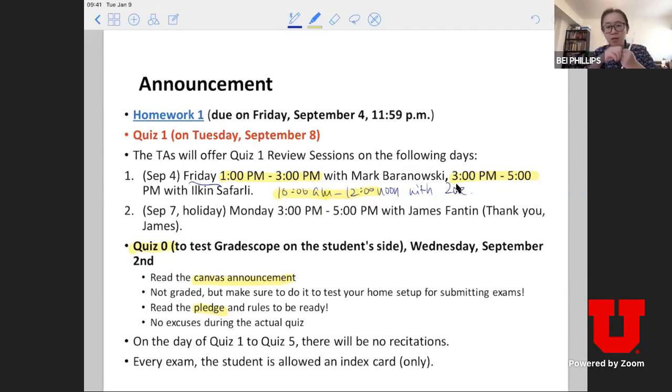So when you're doing submission, there are 3 things you need to submit for the quiz. Number 1 is your solution. Number 2 is a pledge. You need to sign that pledge. And number 3 is the index card, that, again, you need to match against the outline. Very important during exam, the only resource that's allowed is your index card. You're not supposed to use any online resources. You cannot use your notes or your notebooks. It's essentially a closed book exam. Okay.